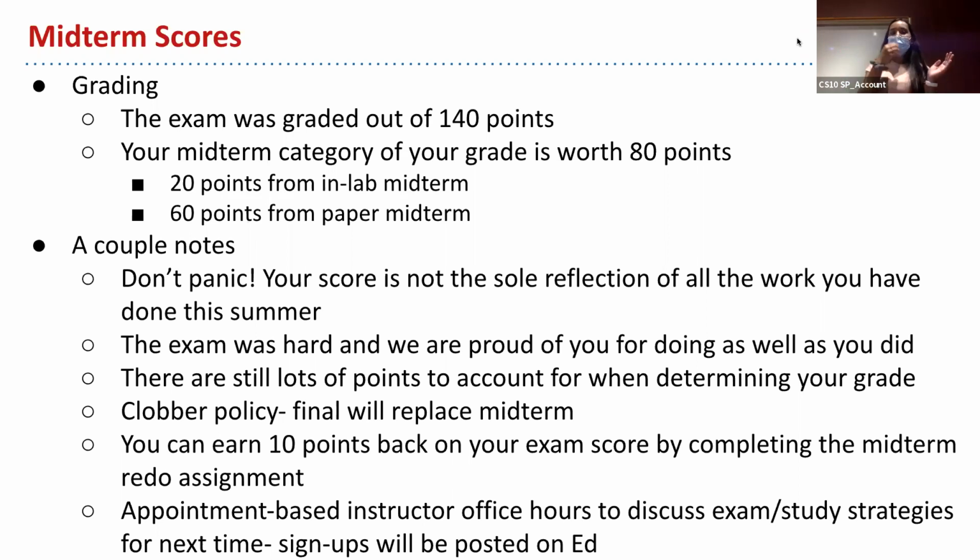But a couple of notes about this: don't panic if your score isn't exactly where you wanted it to be. Like I said, first of all, you might not be used to seeing averages like this. This is pretty normal for a CS course. Just because we generally have low averages doesn't mean that we generally fail half the class or something like that. That's just where the score ends up, and then we adjust as necessary. So the distribution of grades in the end will be very similar to all past iterations of the course. So yeah, don't panic about that.